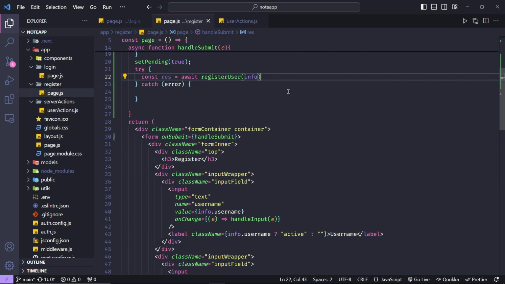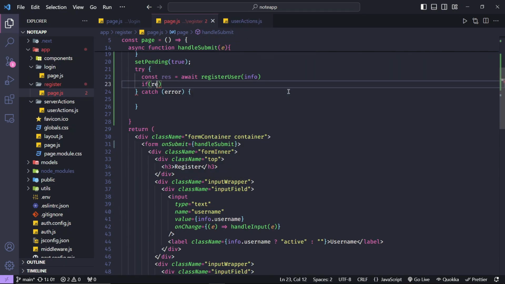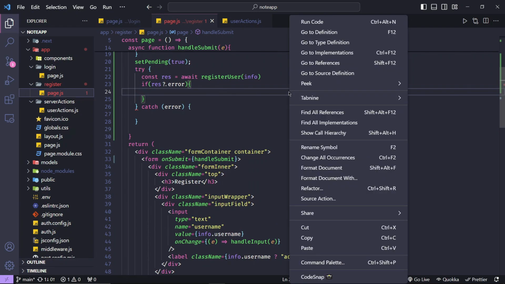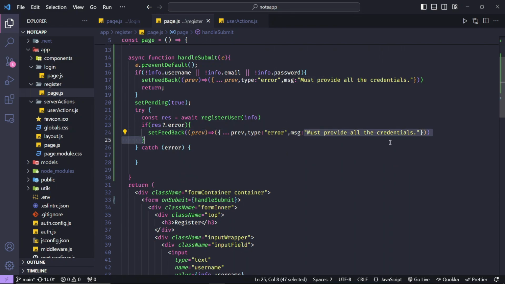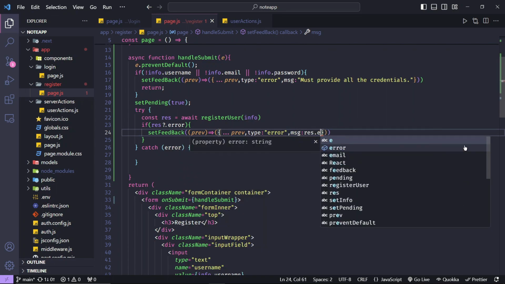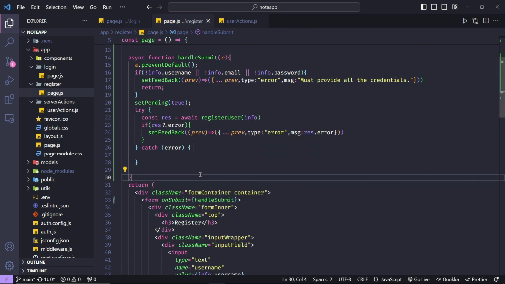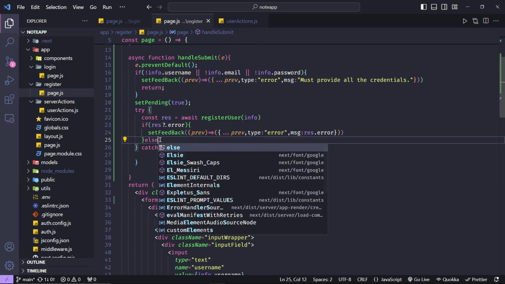So if there is an error object in our response, we'll update our error message, copy and paste. Type will be error and the message will be response.error. Else